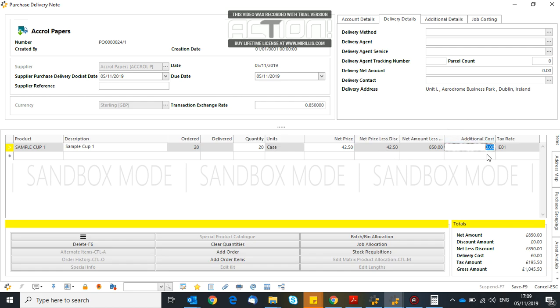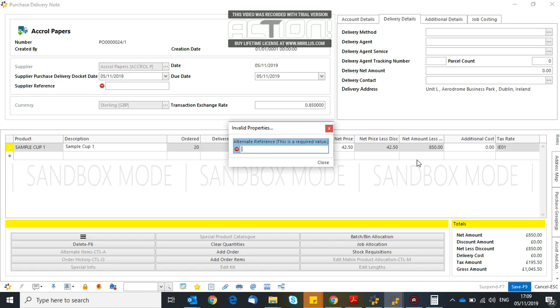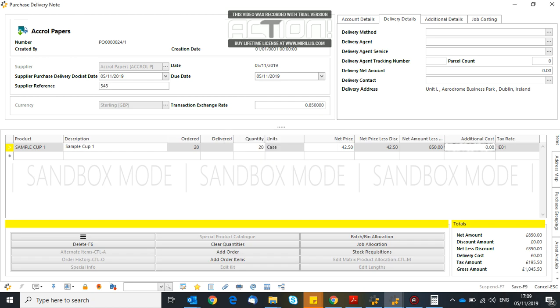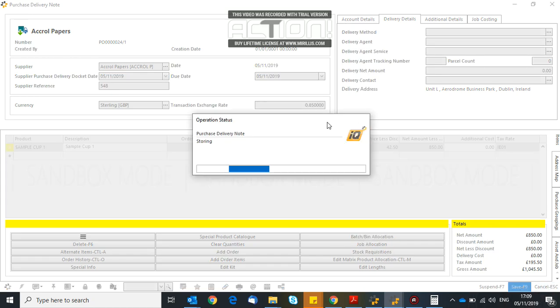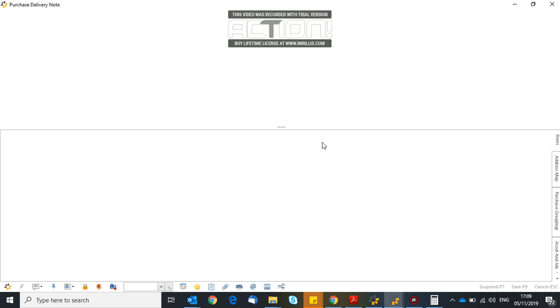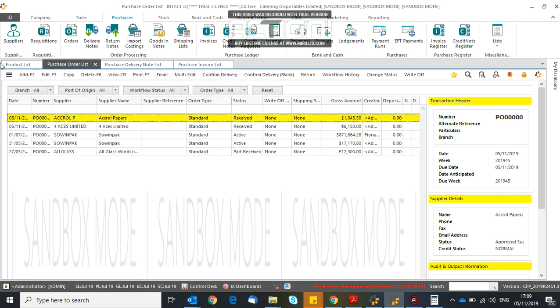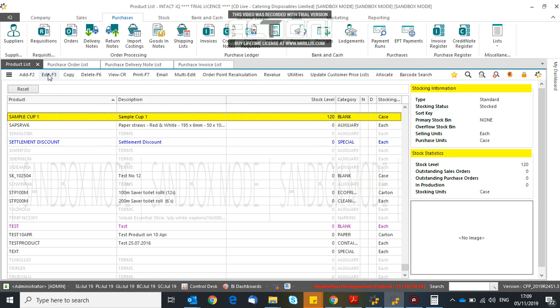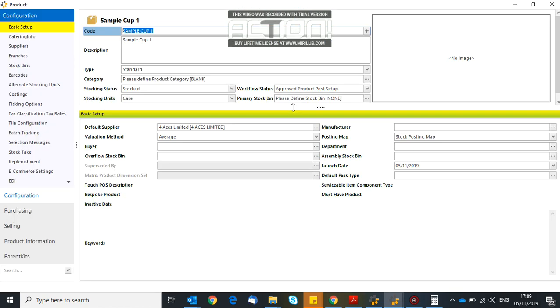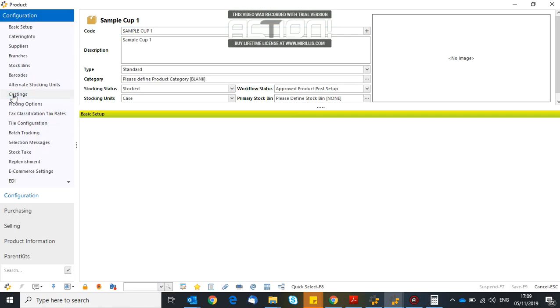This is the actual cost at which I am receiving it. Let's see what difference it makes to the product statistics. So when I save it, now let me go back to the product, edit it. Same way, I go back to the costing,